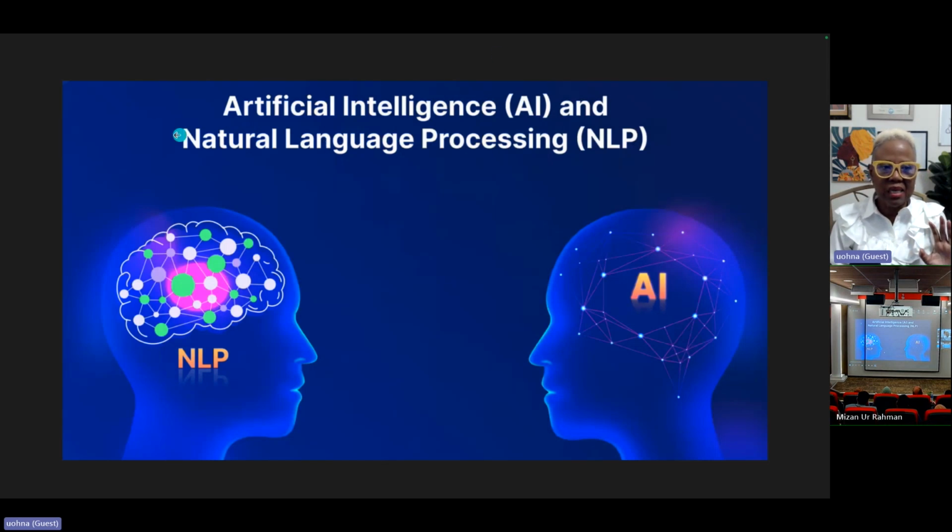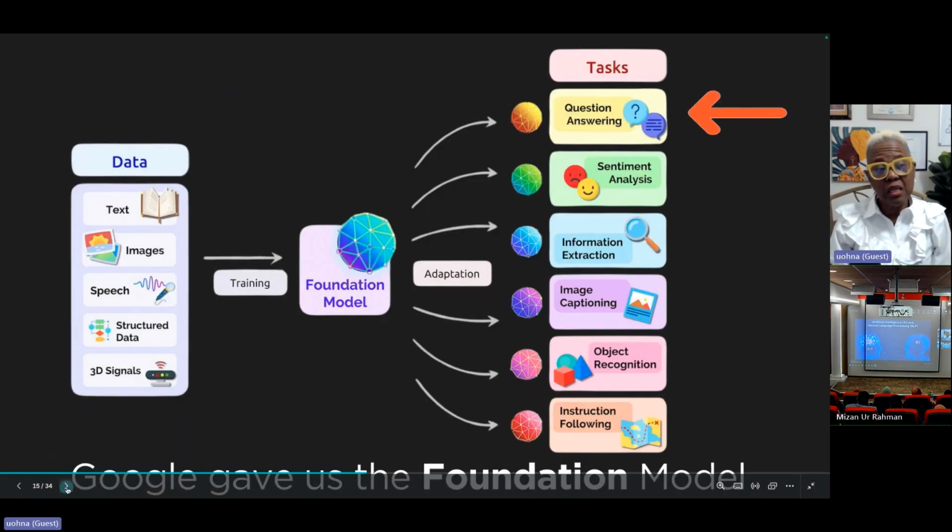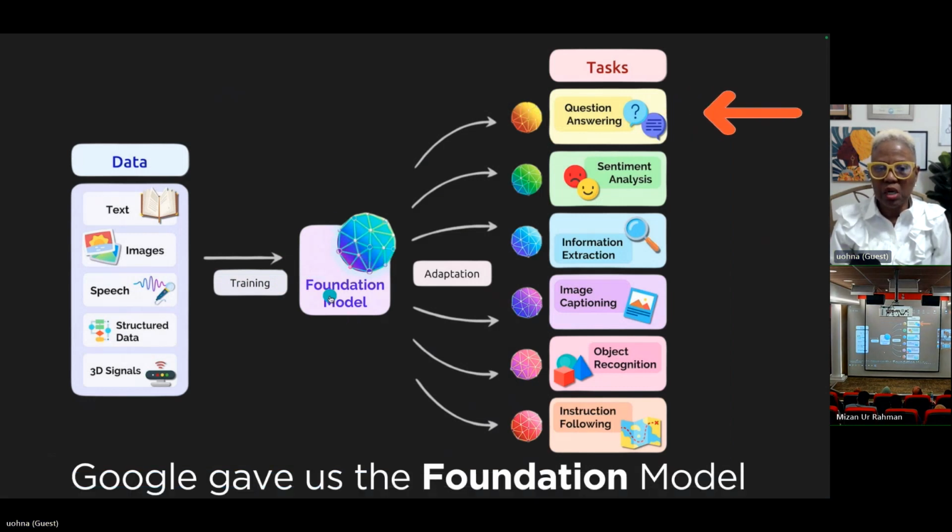Then you combine that with the innovation of natural language processing, which is breaking the language into pieces, turning those words into vectors, and processing them to make sense of them. The combination of those technologies is what gives us today these large language models, or the foundation models that